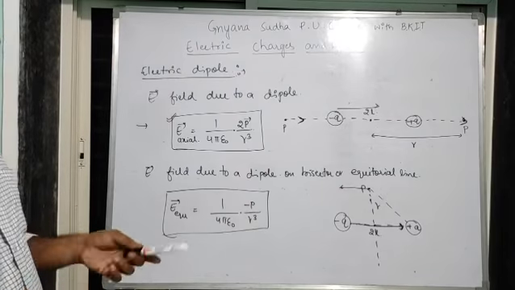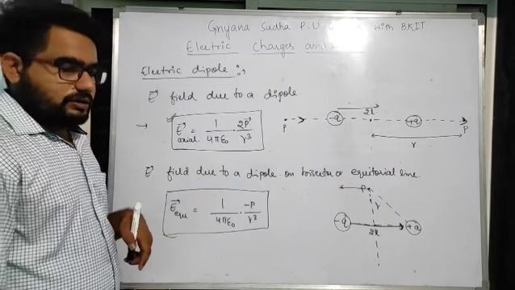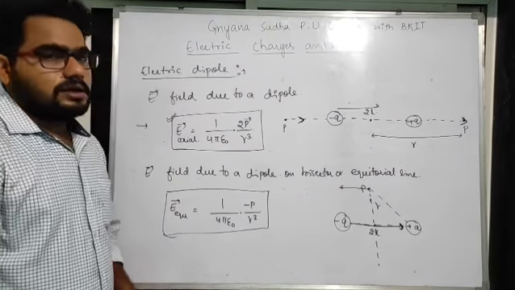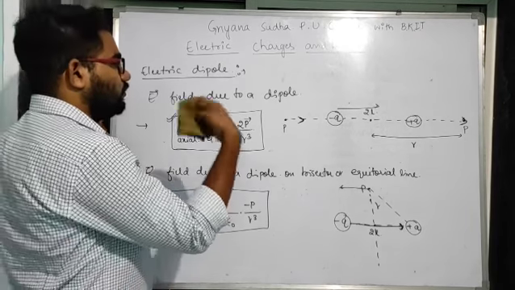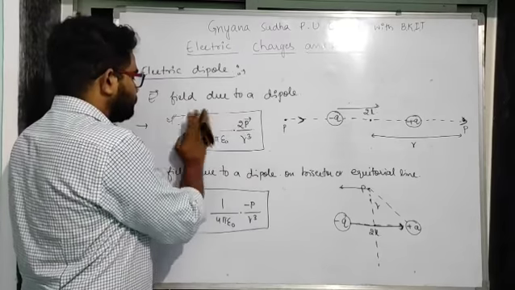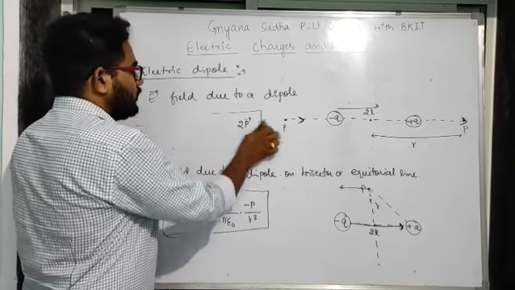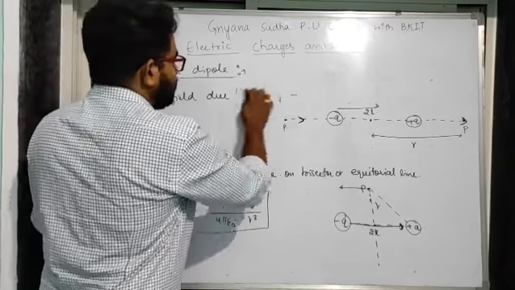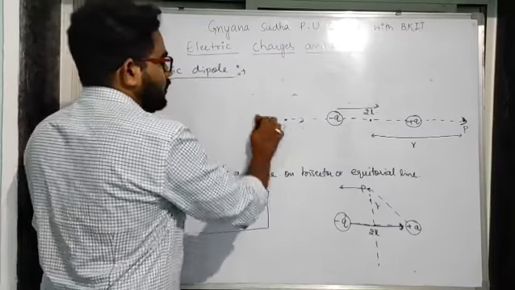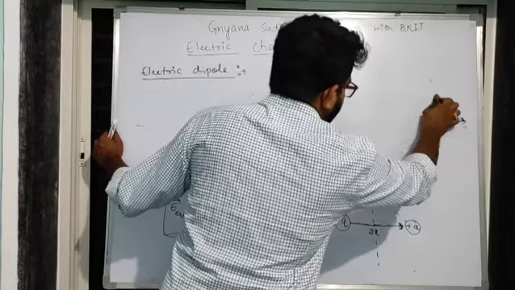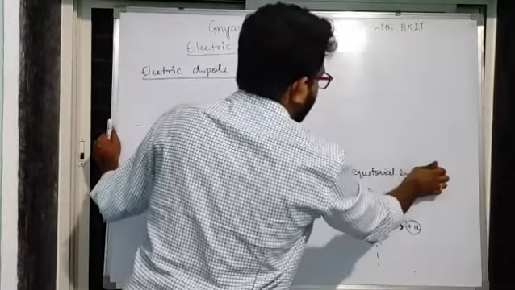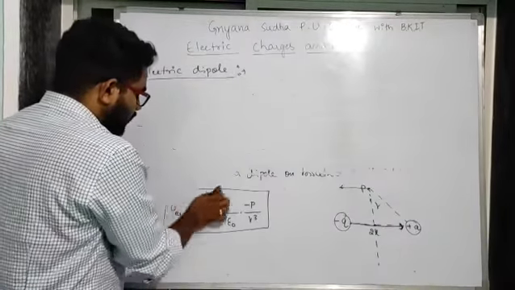Okay, these are two specific cases where we can get the electric field. What happens if we get a point other than these two points? If I place a point that is not on the axial as well as not on the equatorial,